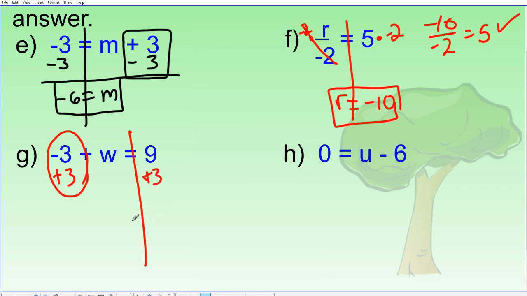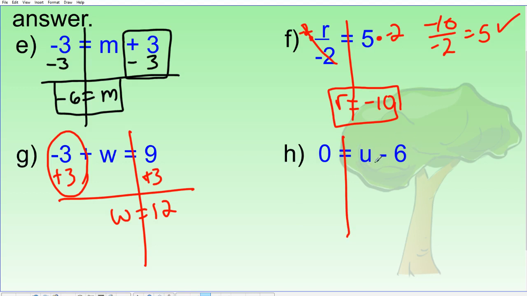And on the other side, so now w equals, these cancel out, give you 0. That's what we wanted. We wanted that to equal 0. 9 plus 3 is 12. Over here,